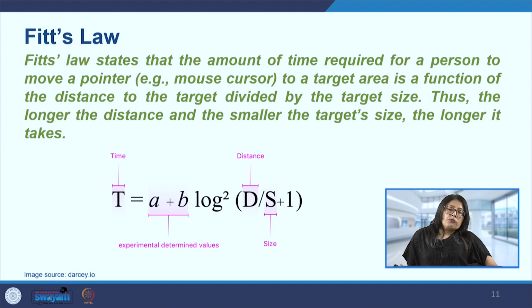How much time will one take to move to the target? If on my desktop screen I have to go and check my cart, for example, or add an item to my cart, from where I am browsing the particular item, where will I have to go? How far will I have to go to navigate my mouse over to the area where I will then click to add it to my cart? Distance from the target becomes important, and also the size of the target.